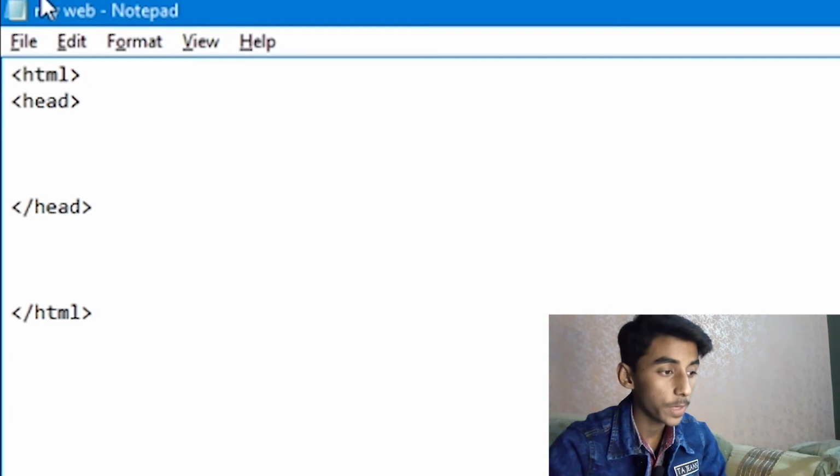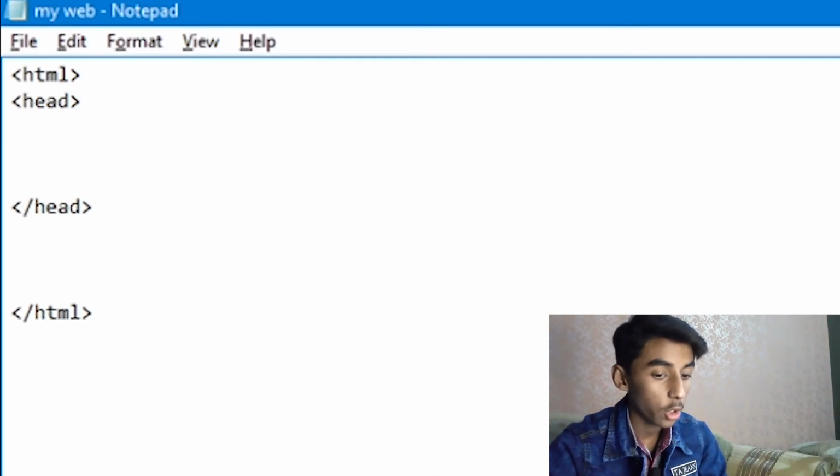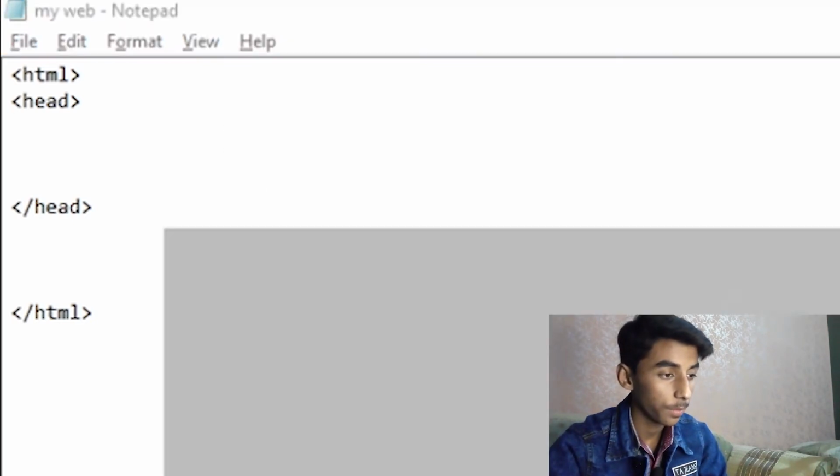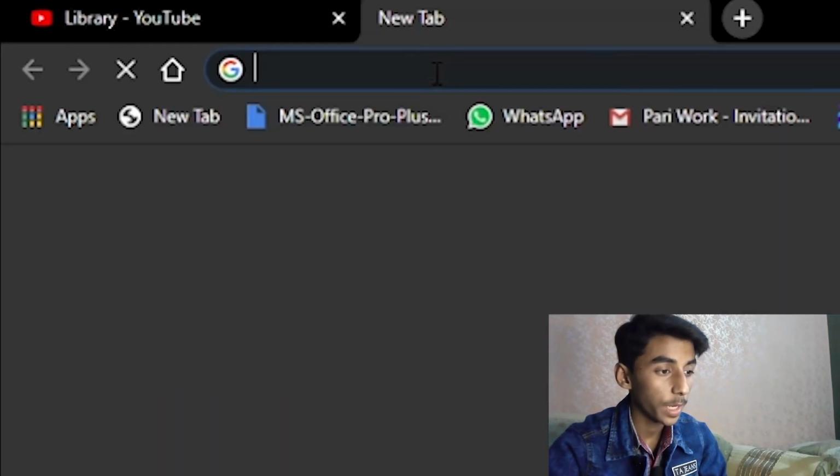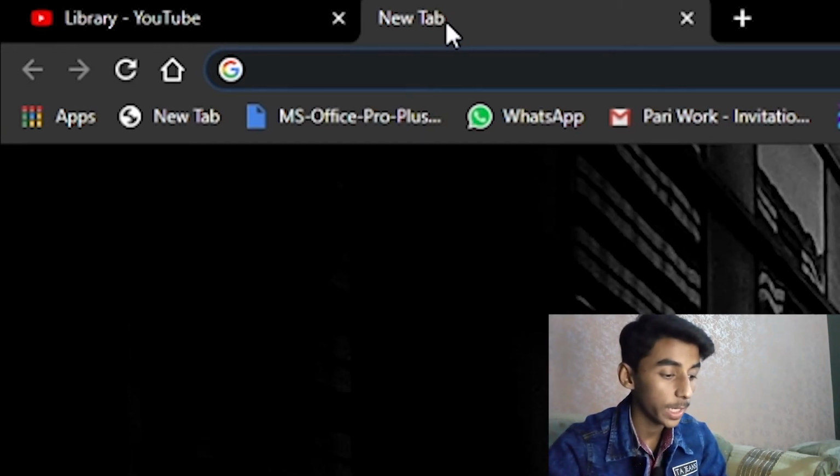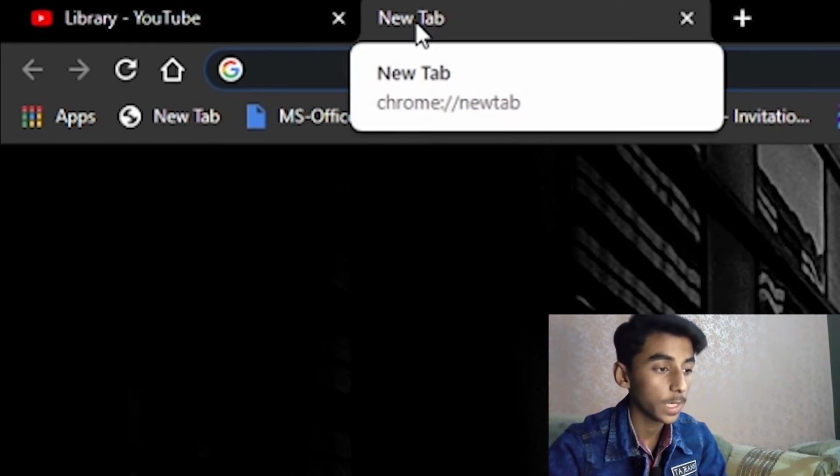You can add the title which is displayed at the top of your browser. You can see it is displaying new tab. The title will display whatever title you add here.